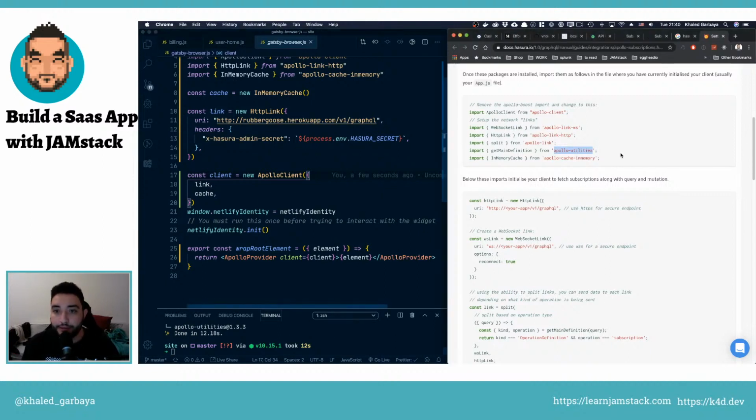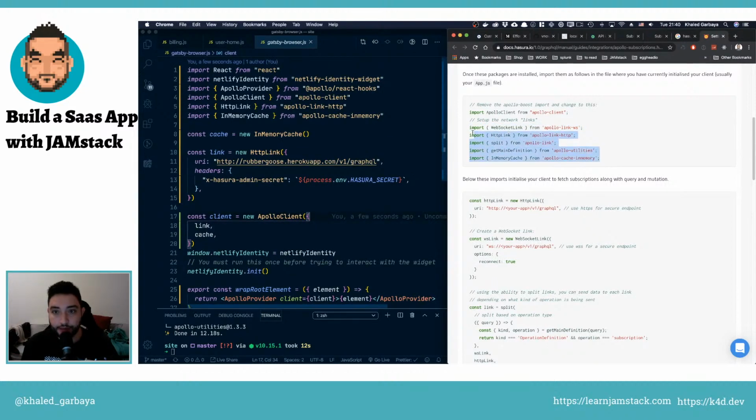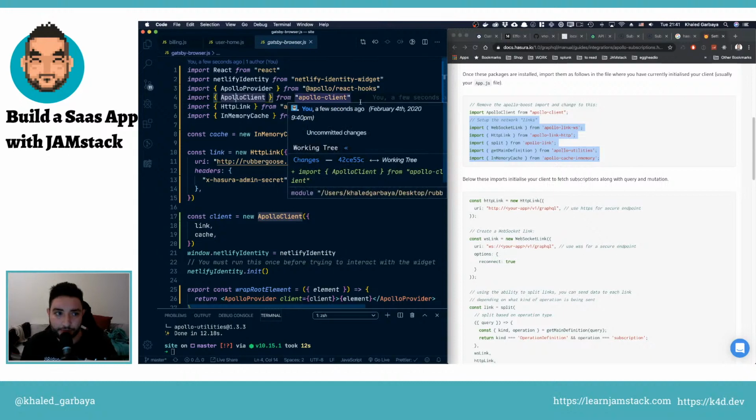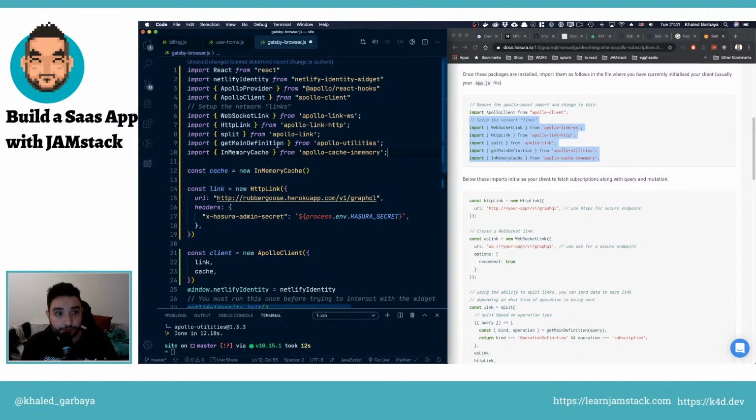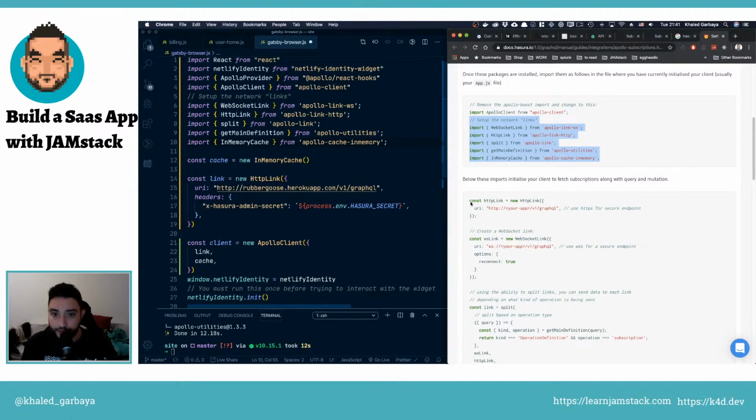Okay, so I guess we will need to get this import. Maybe let's get all of this. And so we have the client. I think some of the stuff is maybe outdated here because I guess the export was different, but let's see. So we maybe replace these two. Okay, now